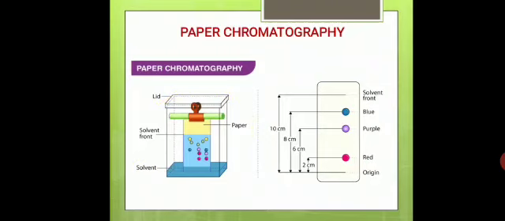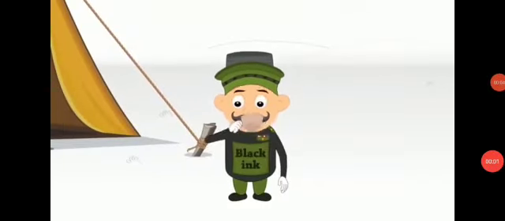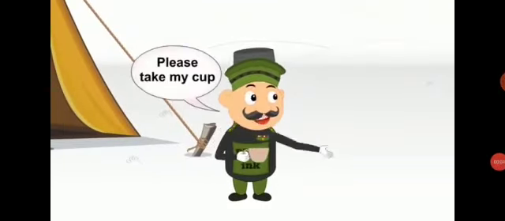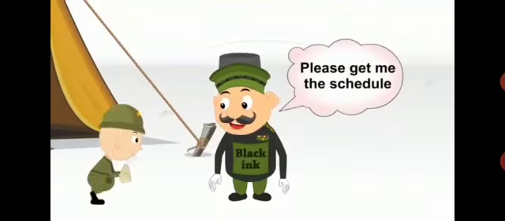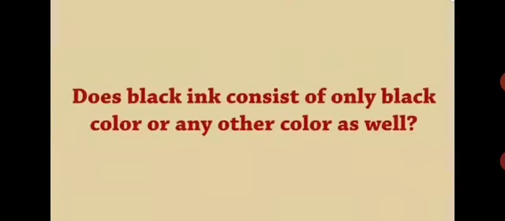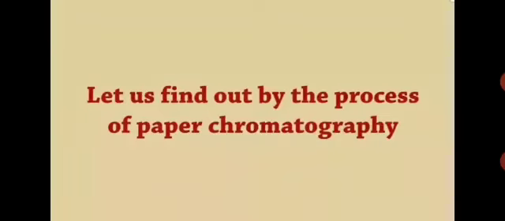After some time the water will be absorbed and it will go up slowly, leaving behind one component of the black dye. So now we'll see the working of chromatography. First we have to take a black color ink. You know black color is a mixture of three different dyes. So we have to identify what the three different dyes are using this paper chromatography.